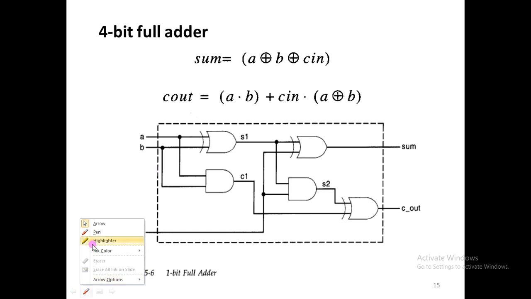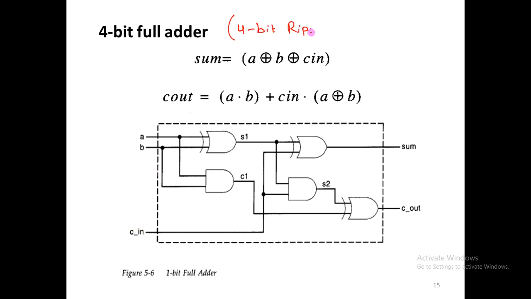Next example for consideration is the 4-bit full adder. We have been doing it since the previous chapter, but here I have taken the other approach. We are considering a 4-bit ripple carry adder. For the 4-bit ripple carry adder design, we need a 1-bit full adder first, and that 1-bit full adder I also want to do using a gate level style of modeling.